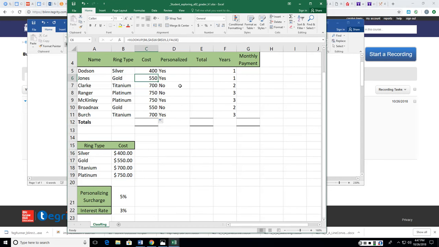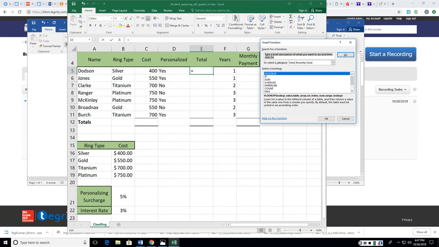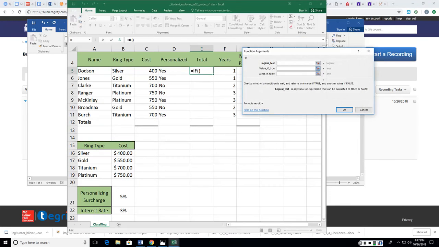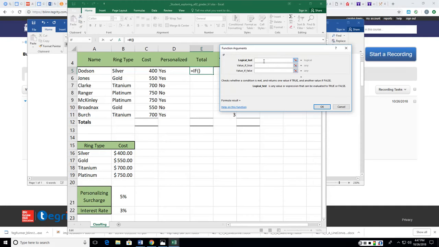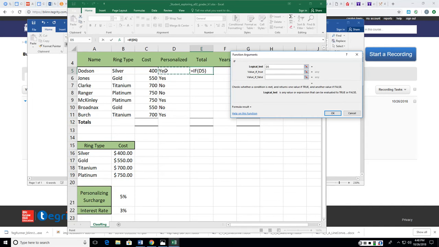Oops, I need to hit escape because I was just making a change in that. So I'm going to click over here, and then I'm going to go back to my function box. Because I've looked up if, it usually is at the top of your list, it's right there. So if, remember that here on the logical test it says checks whether a condition is met and returns one value if true and another if false. So if this equals yes, and notice that I have an error here, so that tells me something is wrong with my syntax. So if I go back here and I click and I put this in quotes,